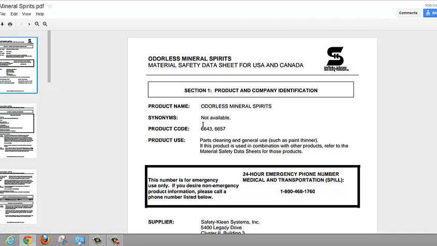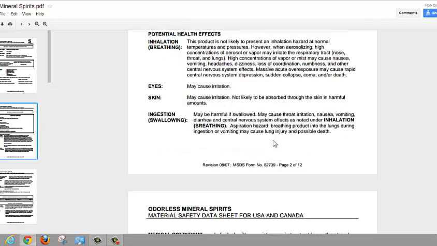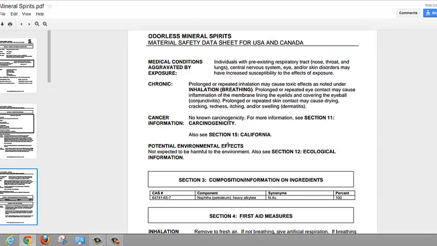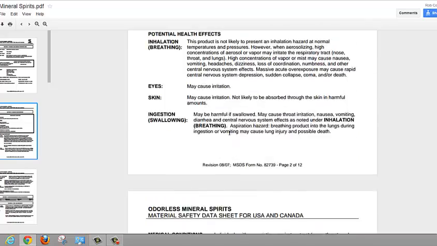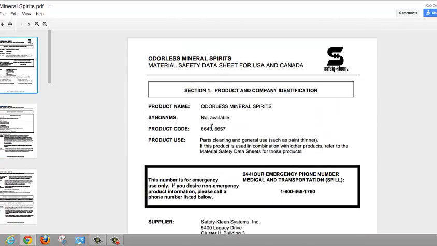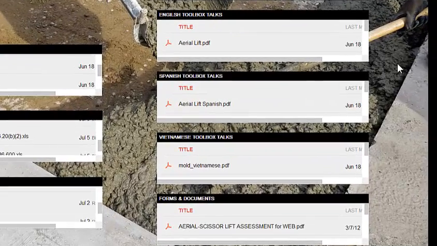An MSDS sheet, and this isn't a training class, but an MSDS sheet is basically information about a chemical and precautions to take and what happens to you if you breathe it in or skin contact. MSDS sheets are required for you to have on your job sites. Again, refer to the first document. And let's go back. On this side over here, you will see quick talks for your employees, like toolbox talks,